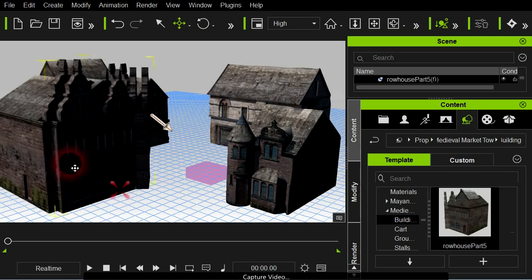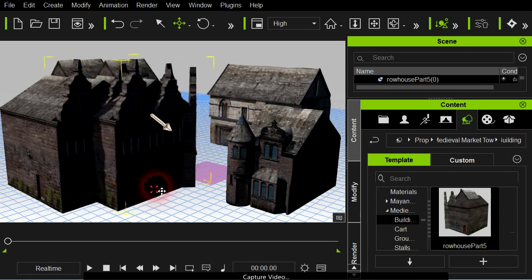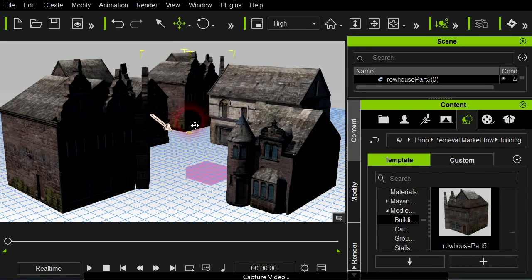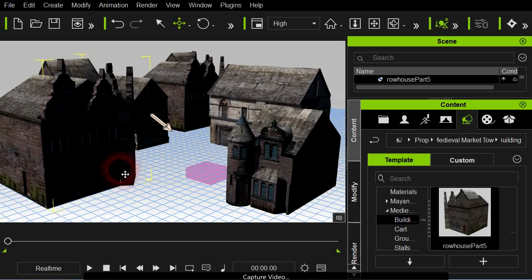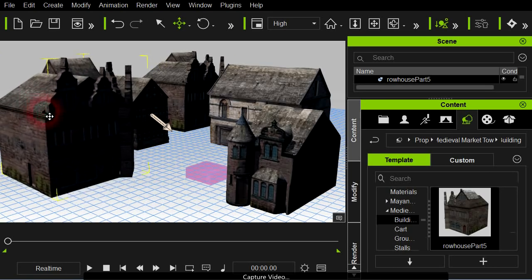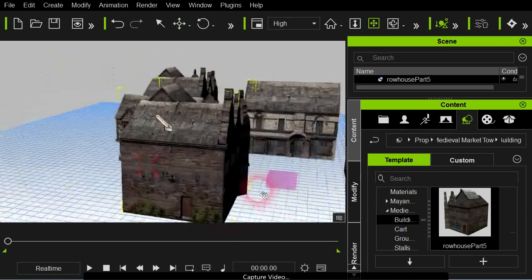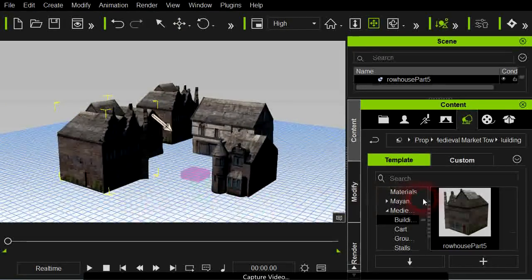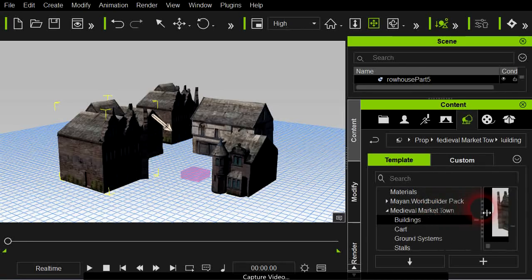And just play with the buildings. Duplicate them if you choose. And we're going to duplicate this entire cluster again and again, is one thing we're going to do. So, okay, let's go. One other pack I liked that I happen to have was, if I can find it here,